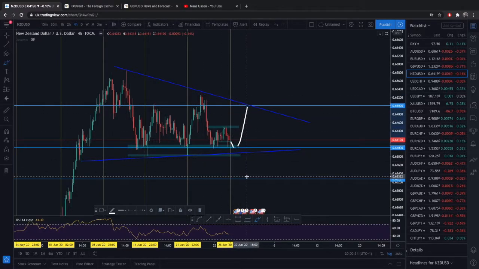However, as many people have mentioned, if this level gets broken, firstly the 0.64, if we see a 4-hour candle or maybe even a couple of 1-hour candles open and close below this level, that opens the door for this pair to go further down. And what will help massively is obviously the safe haven status of the dollar.